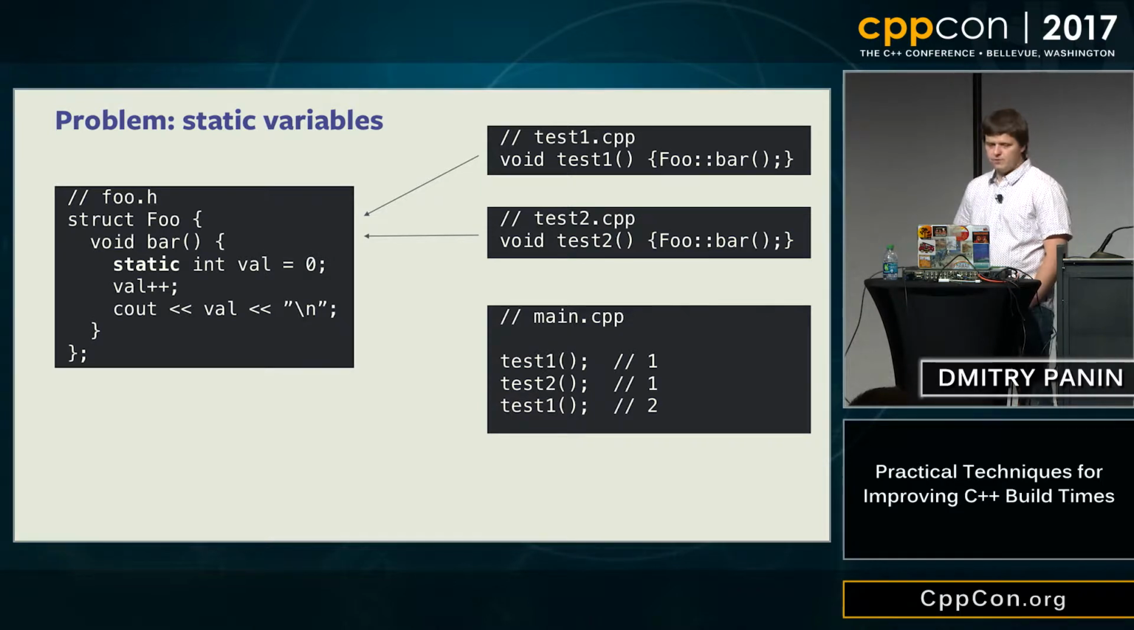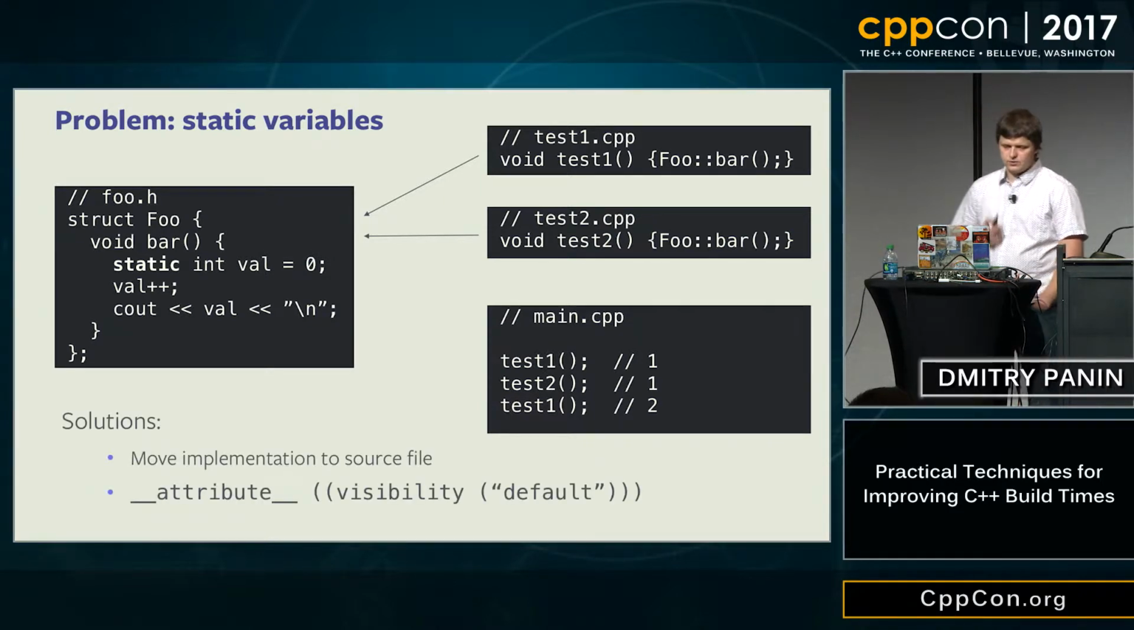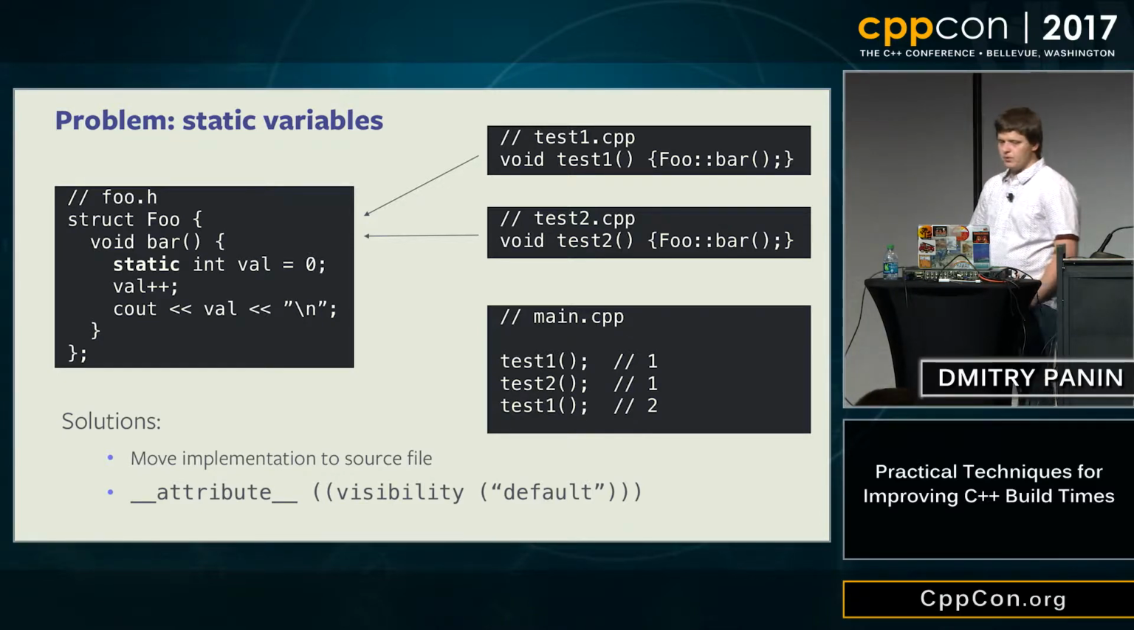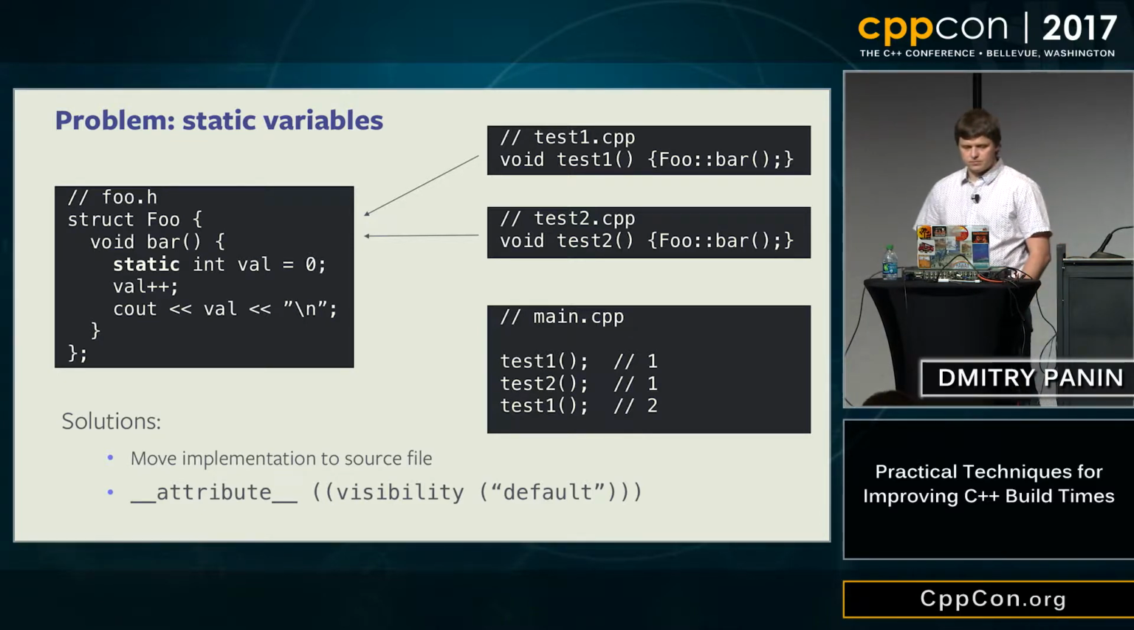Fortunately, there is a solution for that, and actually two solutions. One, you can move your implementation to a source file. Once the function is not inlined, it works fine. The other one is to annotate the function with this attribute, if for some reason you still want to preserve inlining. Okay, so that's good. What else can we do with